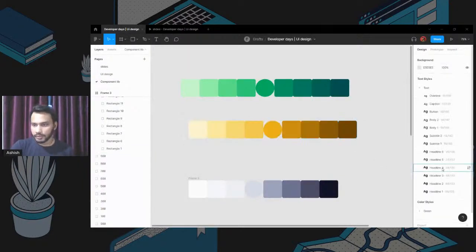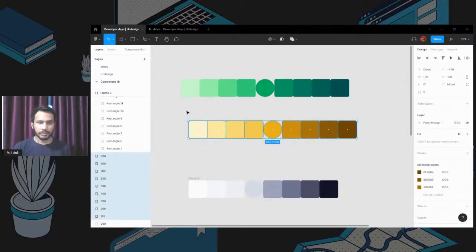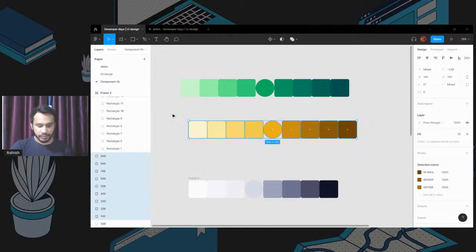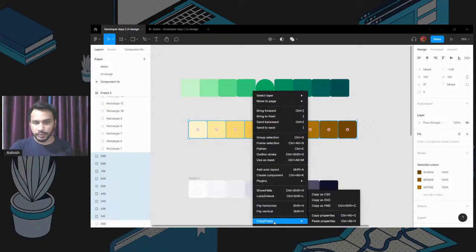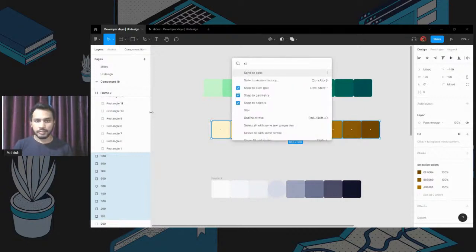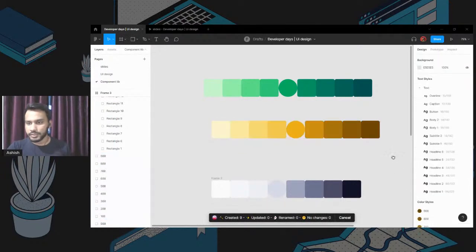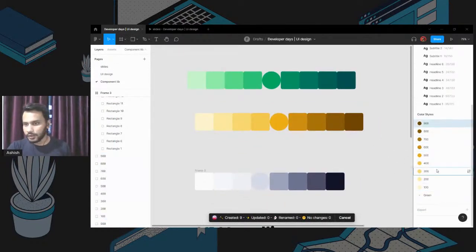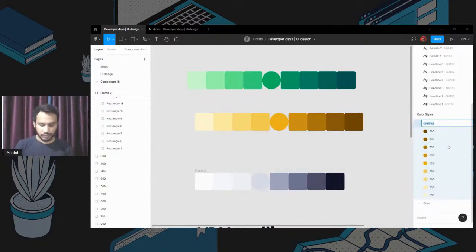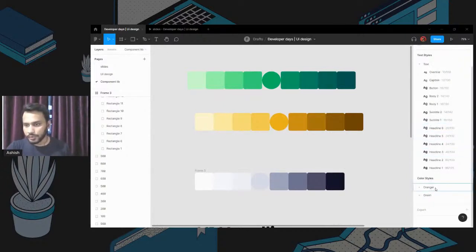So we have renamed the orange color. Yeah, it's great. Let's run our plugin. I usually don't right click and go to plugins. I simply press Control and forward slash, and you can search for Styler, Styler, generate styles. I'm going to quickly generate the styles. So let's select the first one, shift, last one, right click, add a new folder, orange. We have two colors now, orange and green,